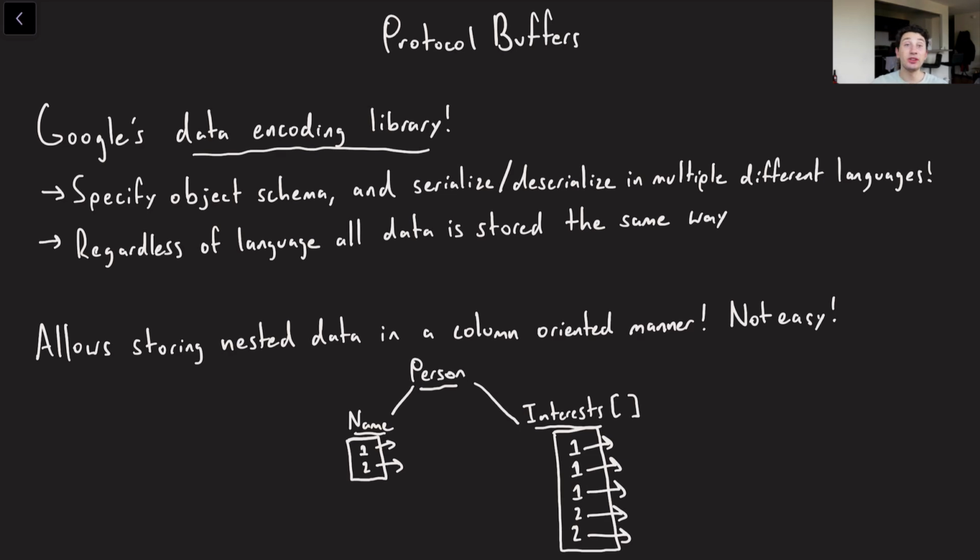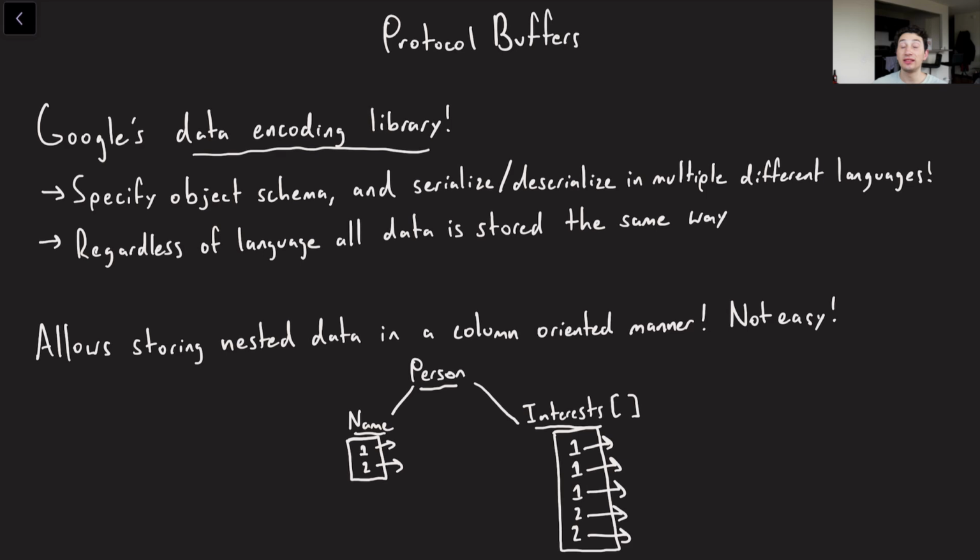I'm basically going to give a major disclaimer now. The paper spends a significant amount of time, I would say the majority of the complexity of this paper is explaining how they encode the data in protocol buffers in a way that is compatible with column-oriented storage. If you're just interested in distributed systems, I don't think this is going to be that relevant for you, frankly, because it's more of an algorithmic thing.